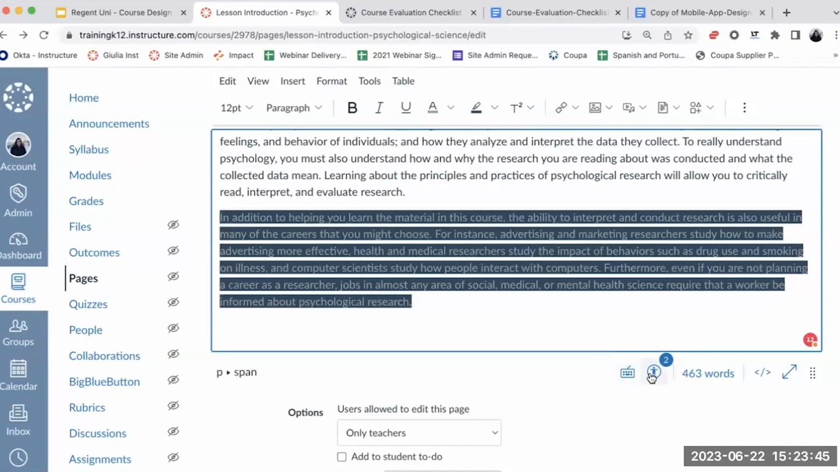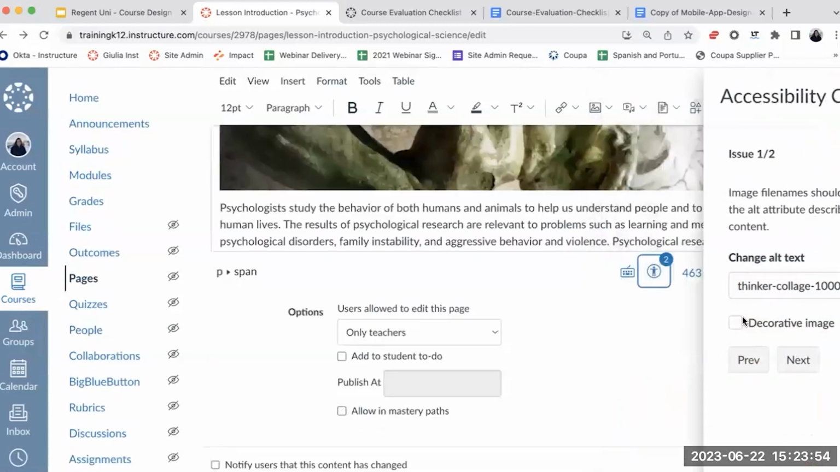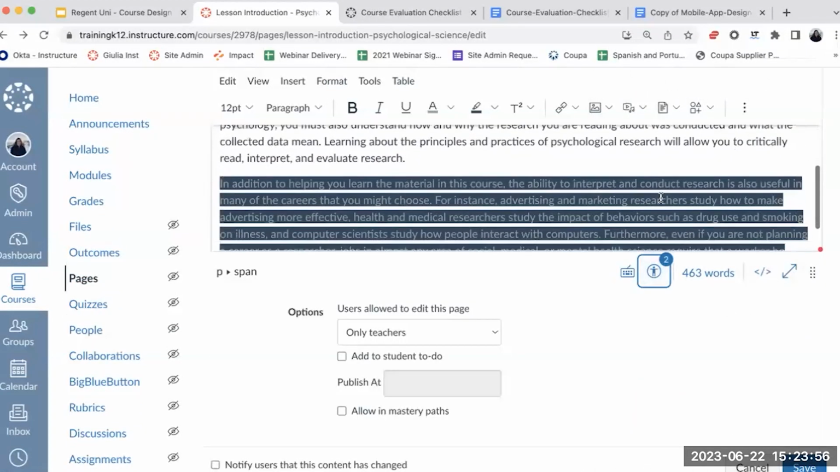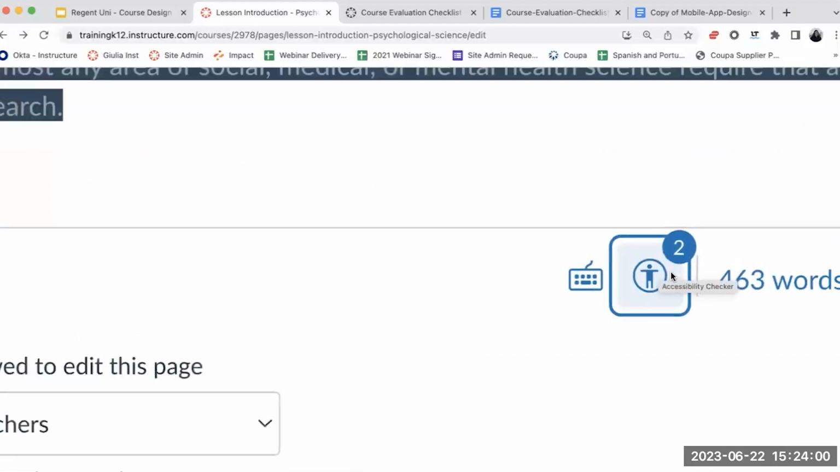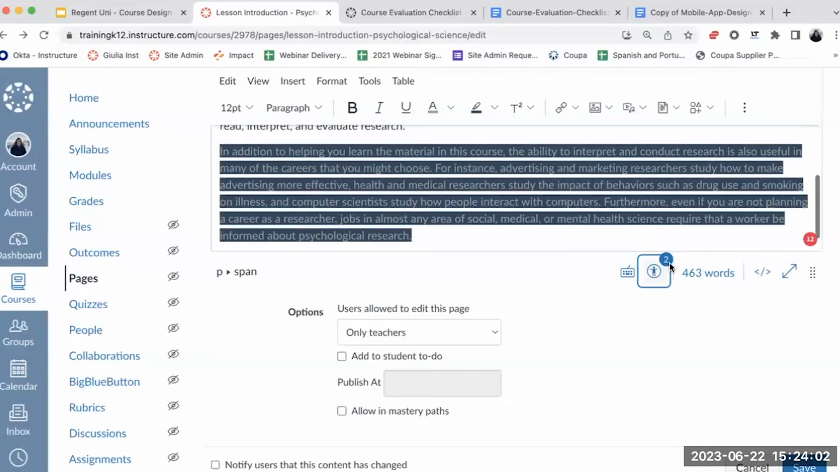Perhaps this may not be accessible. A few things, such as contrast ratio, will be indicated by my accessibility checker. The accessibility checker will be found right below, next to your word count. As issues come up, you see that